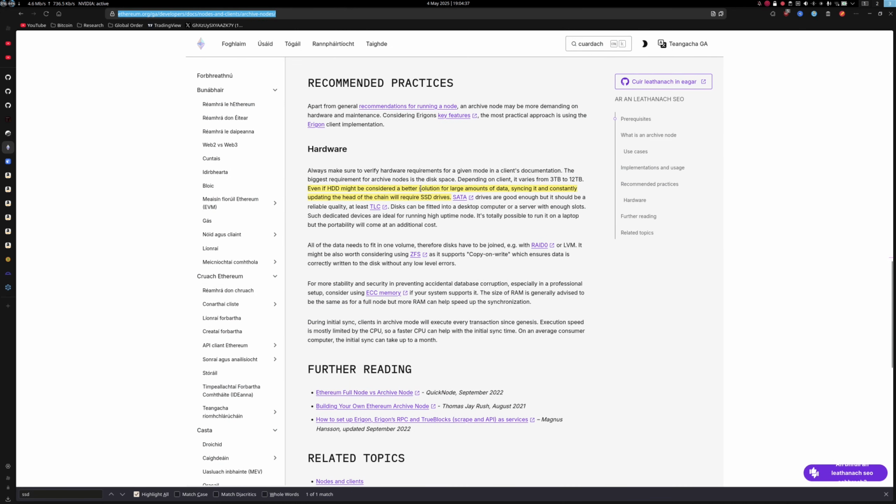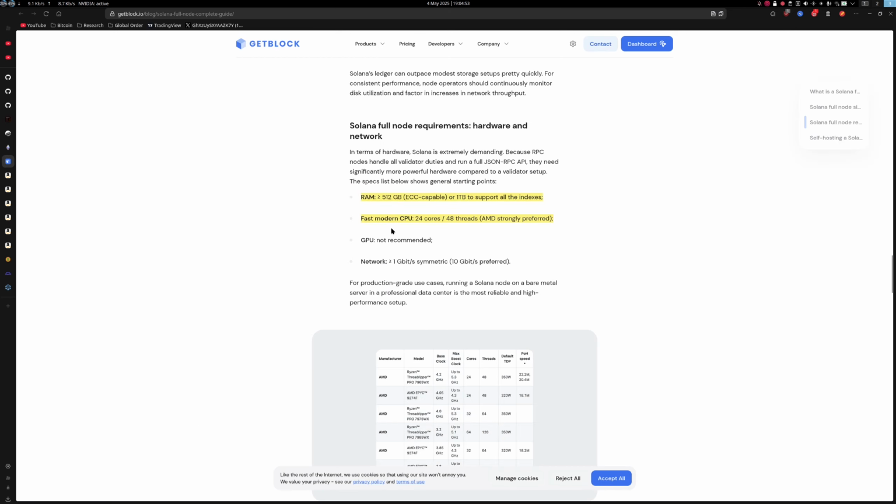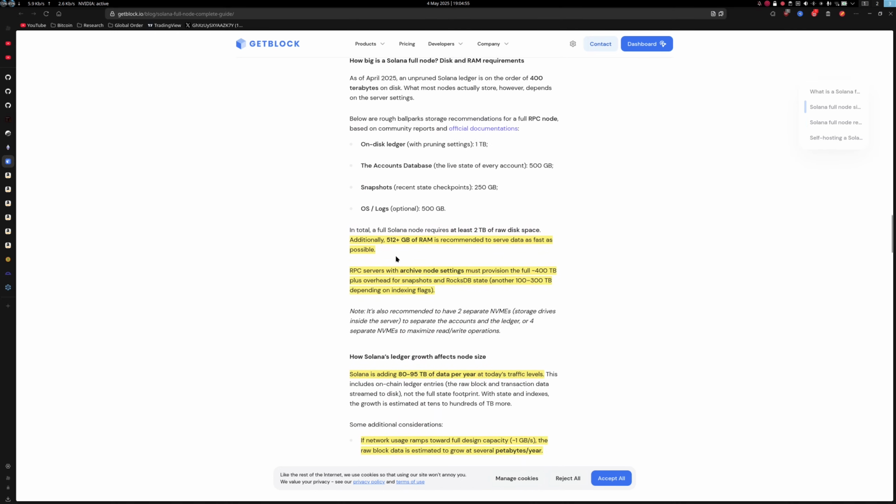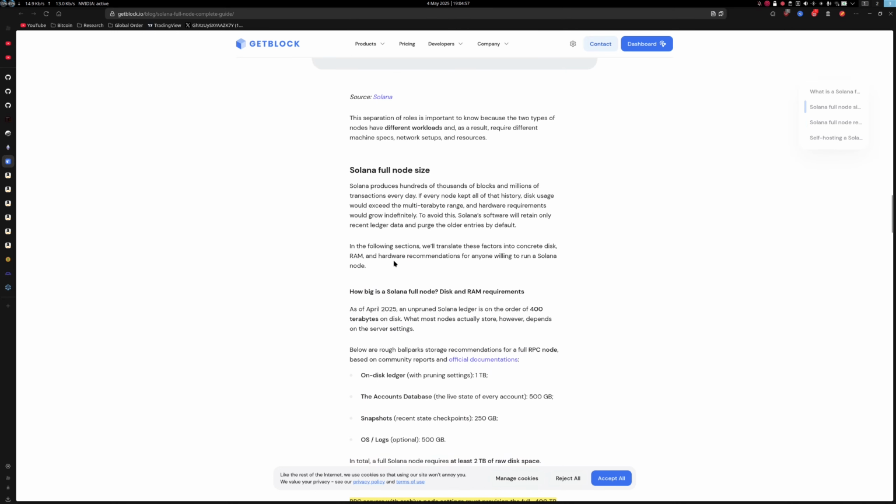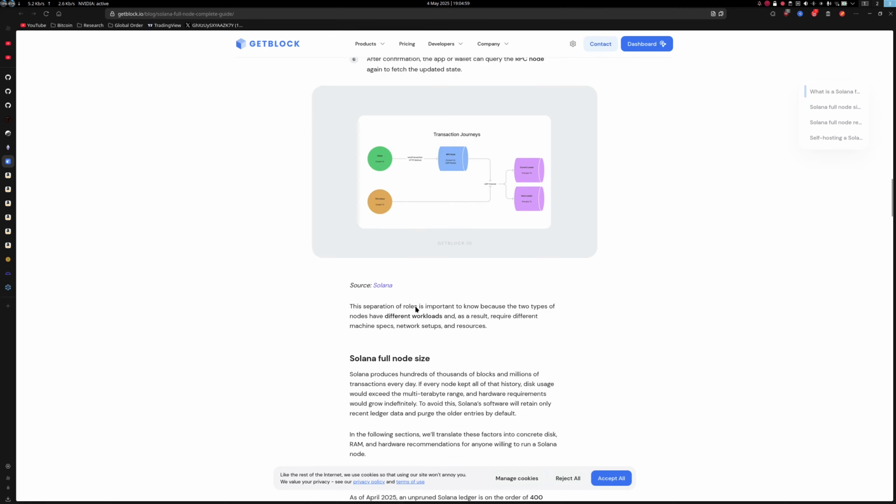Ethereum's blockchain needs to be downloaded to run an Ethereum node. You need to set up ZFS, which is a bunch of technical stuff. You need SATA drives over HDD drives, which is more expensive. And if you were to run a Solana node, which is completely out of the picture for your ordinary person,